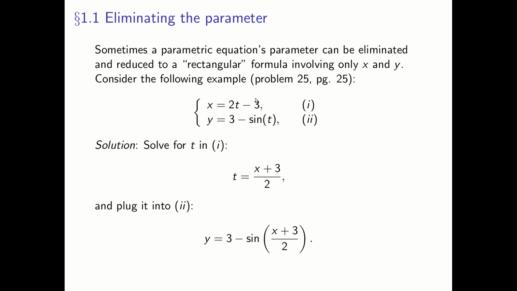So all you do is, so this is from the book. I call this thing equation 1, and I call this thing equation 2. So I'll take equation 1, I'll solve for t. And how do I do that? I add 3, I divide by 2, okay? And then I just take this value of t and I plug it into equation 2. And so I'll get 3 minus sine of that. And that's it. So this parametric equation is just a fancy way to write this guy, which, if you remember